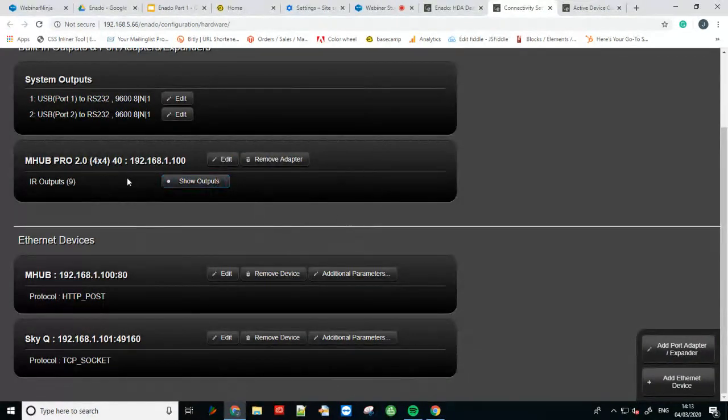So if you're using an MHub system, you need no additional hardware. But if you were installing it with a different matrix solution, you would need to buy an IR expander, a box that can generate IR commands. So now that we've done that,